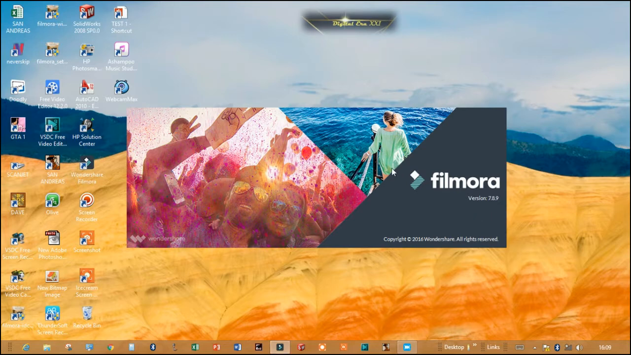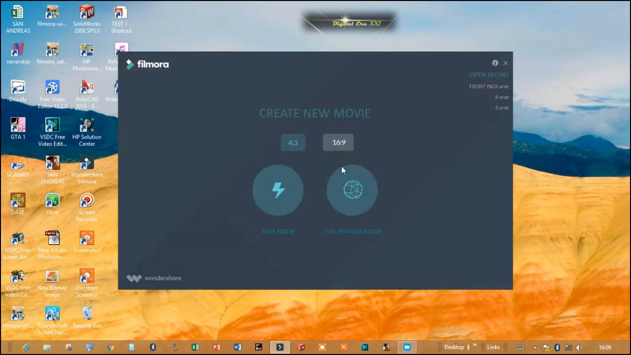Now the application is getting opened. There are two aspect ratios in this. One is 4:3, the other is 16:9. Select the desired aspect ratio which you want. Okay, now I am going with 16:9. Then there are two features, one is easy mode, one is full feature mode. Let's go with the full feature mode. Just click on the full feature mode